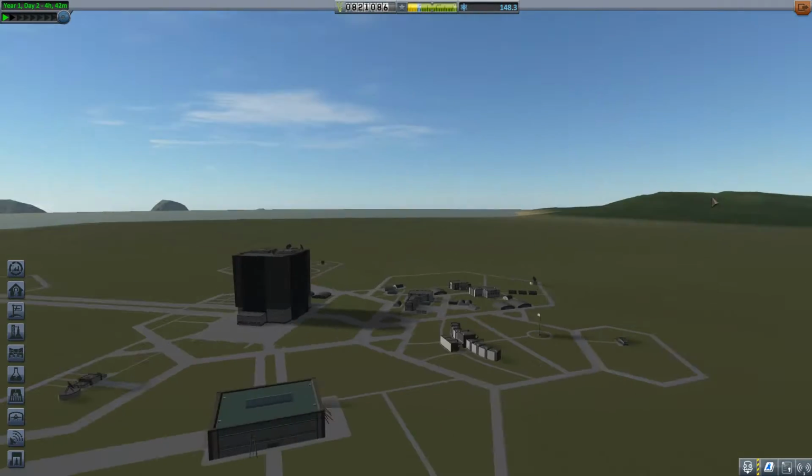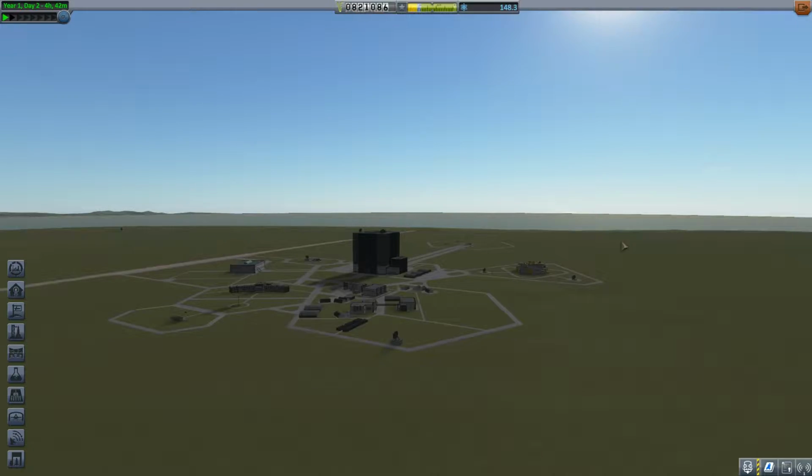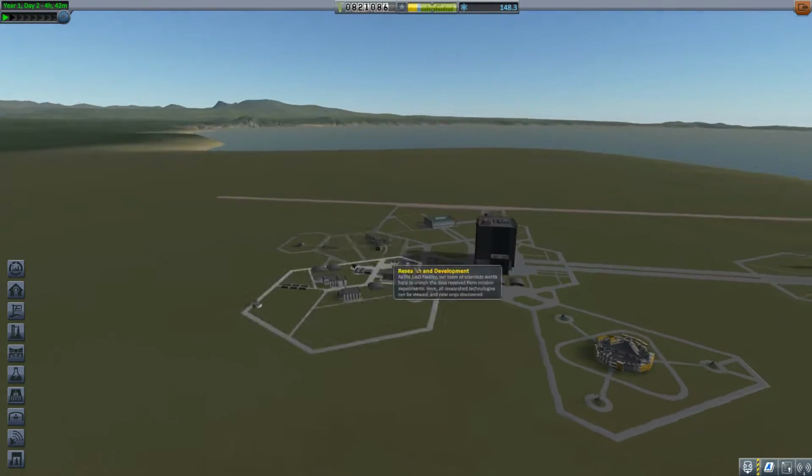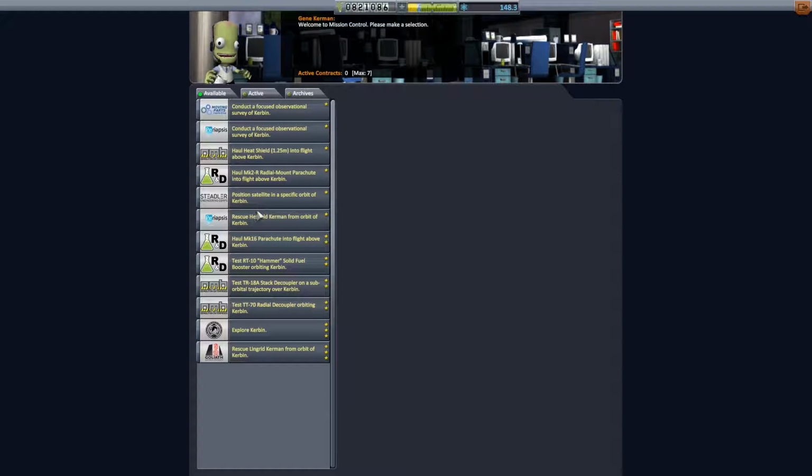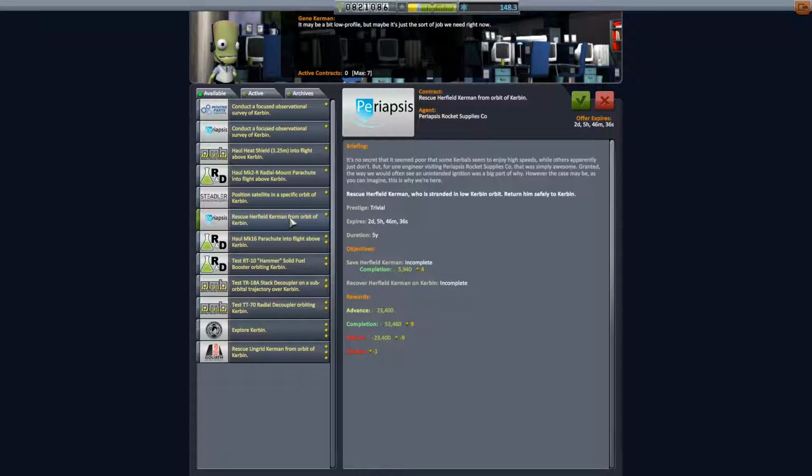Now, oh, it's daytime down here. Wow. It looks amazing on the ground now. Alright, so let's go back into mission control. Now... Aha, there's one straight off the bat. So what I want to do...